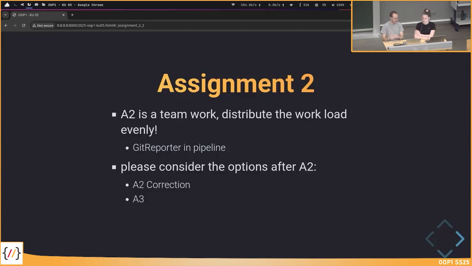However, if you do not pass the necessary conditions, or if you're rather close to the 50%, we suggest that you do the A2 correction, where you continue working on A2 and have a second deadline where we then grade your assignment. So even though this 50% might seem like much, you have 2 chances to fulfill these requirements.